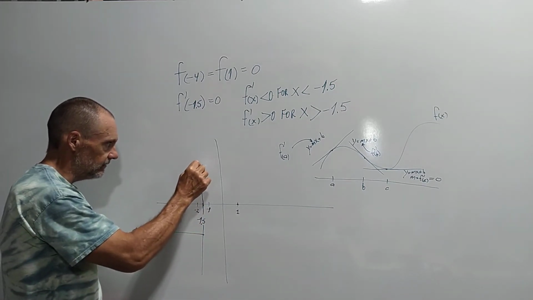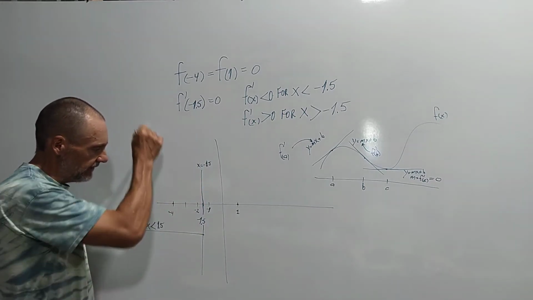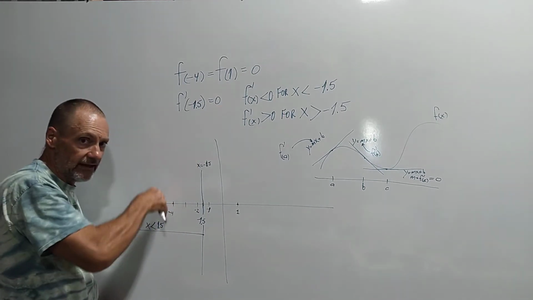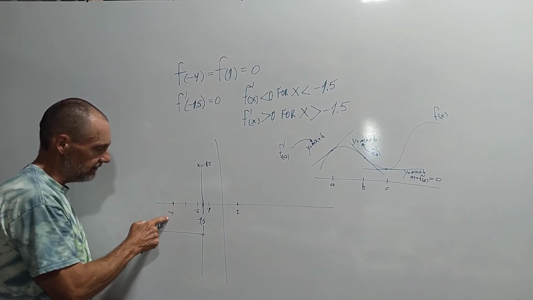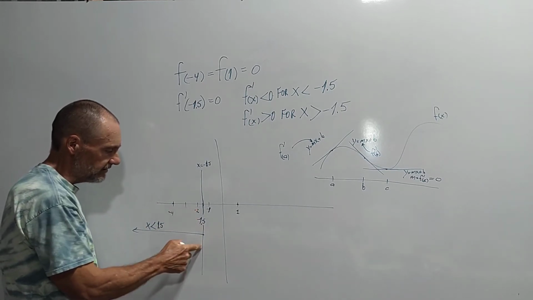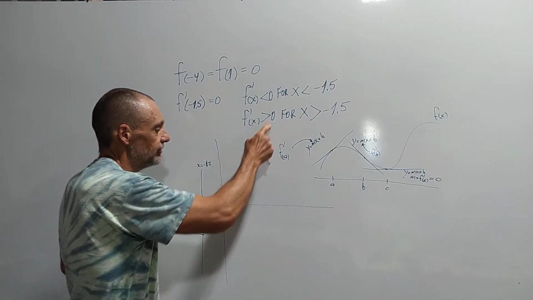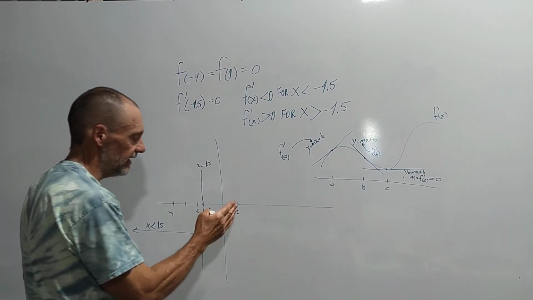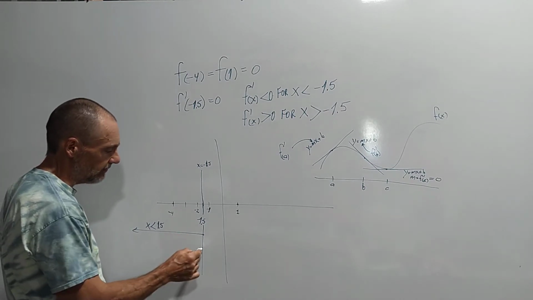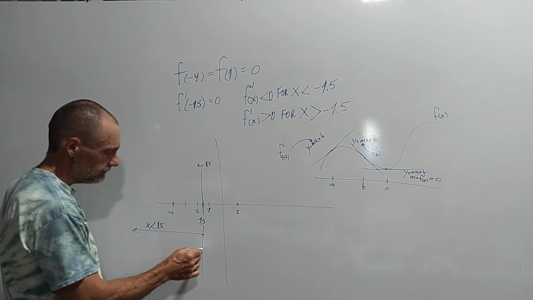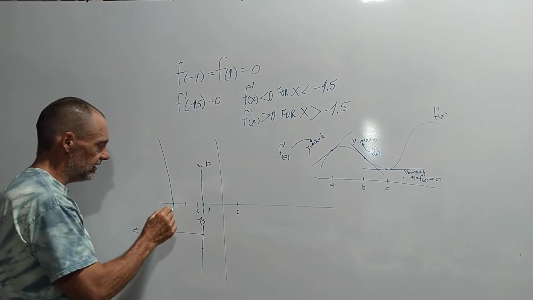This is the line x equals negative 1.5, okay? We know that the function is decreasing because the first derivative is negative. In other words, it has a negative tangent all over here. It crosses the x-axis at negative 4, okay? And then it's 0 when x is negative 1.5. We also know that f prime of x is larger than 0, so it's positive. So we have positive tangent lines for any x larger than that, so that tells us pretty much what we're talking about here. We're talking about some kind of a parabola with its vertex here on this line, okay? So this function is going to look something like this,